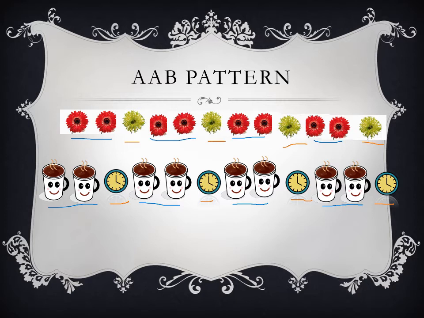Then if we look at the second pattern we have, again we have coffee cup as our A and a clock as our B. So we have two coffee cups first, and then we have B, which is a clock. So our pattern goes coffee cup, coffee cup, clock, and keeps repeating. Let's move on to our third